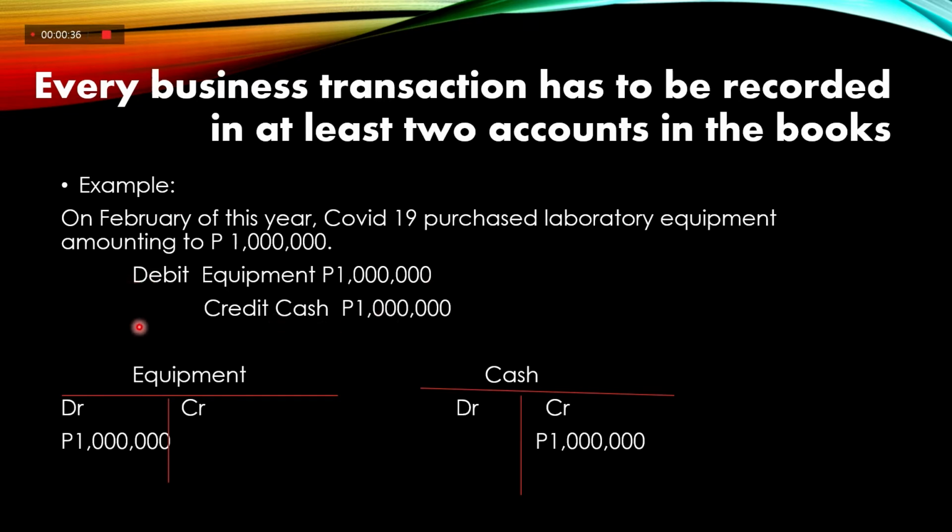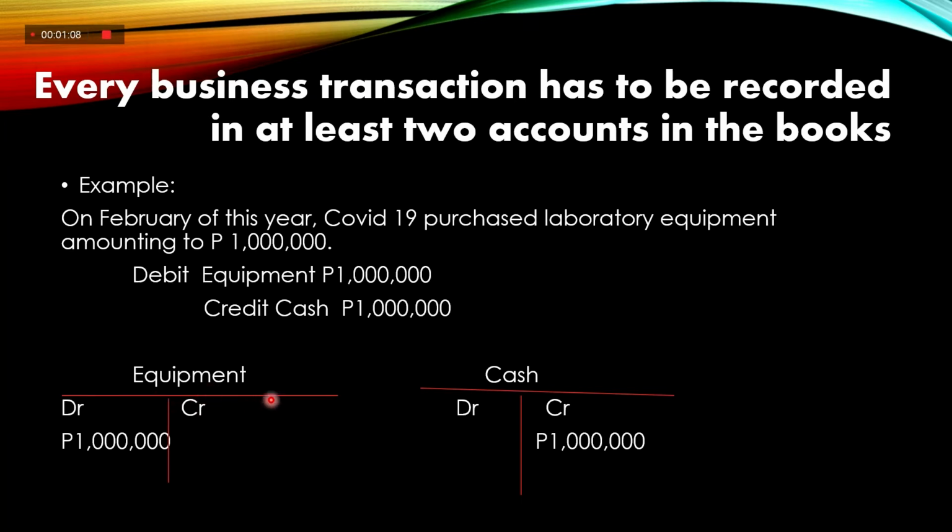Here, we should emphasize that there is always an indentation on the debit and the credit side. That is to emphasize that the debit is on the left side and the credit is on the right side. We can also make the T account here. So we draw the letter T and put on the upper portion the account title, which is the equipment, and on the left and right, the debit and the credit, which are DR and CR.